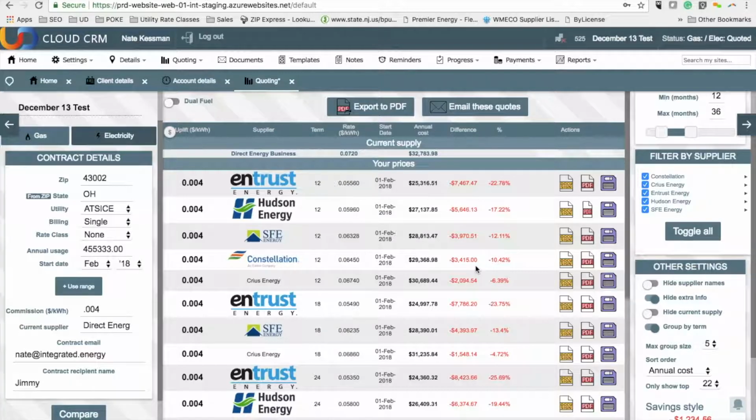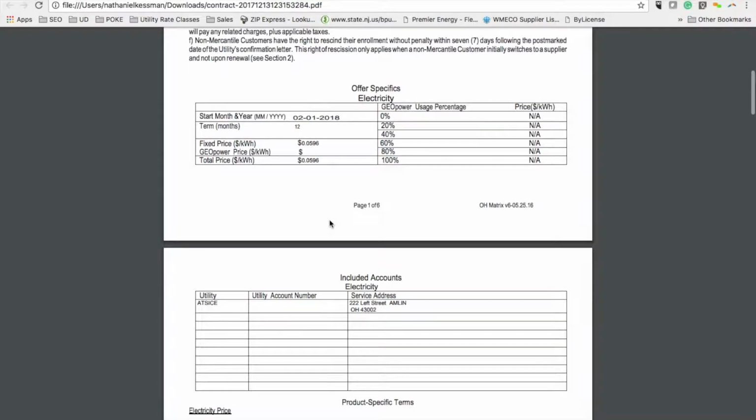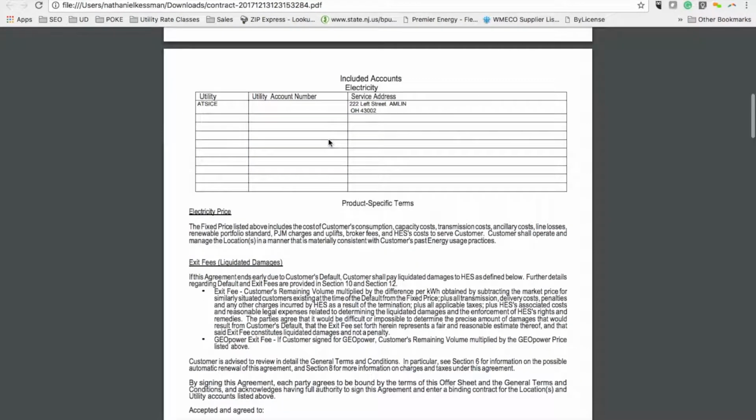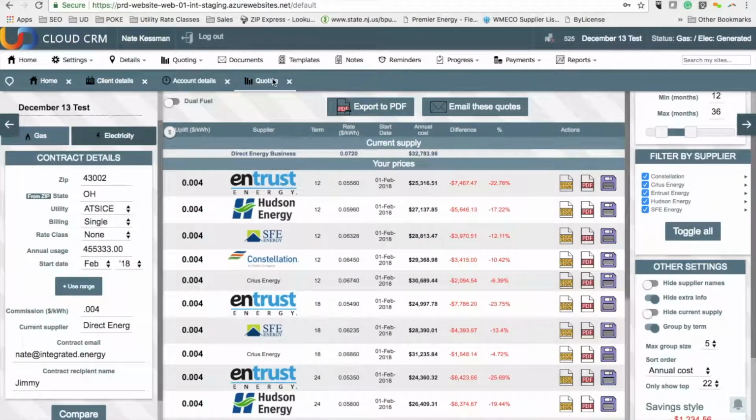We're now going to generate a contract for Hudson Energy. That'll come out in just a second. We'll see that the information that we'd first import for the December 13th test is now contained on that contract, along with the rate information, address information, and anything else that's needed to get the contract approved. We can now send that off to our customer for signature, save a lot of time in manually filling out